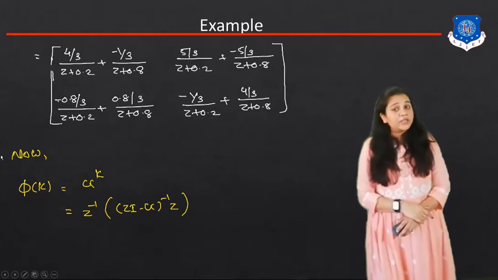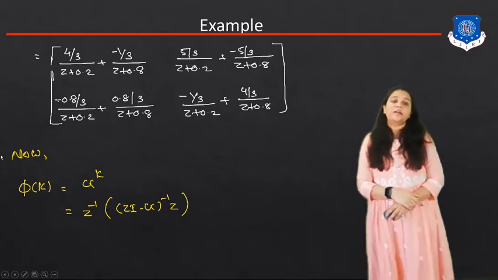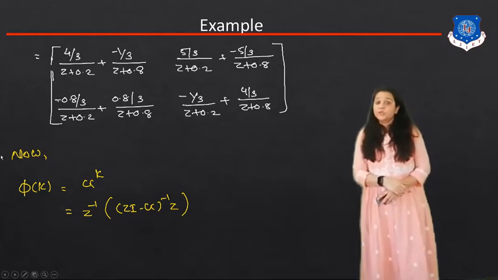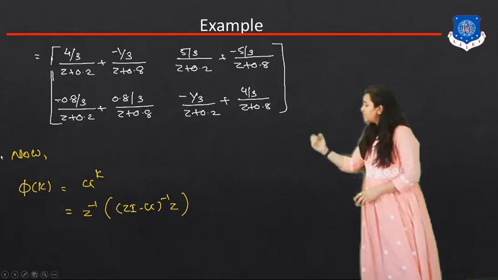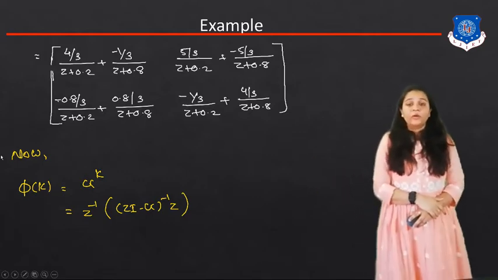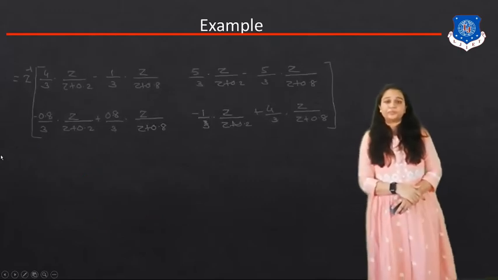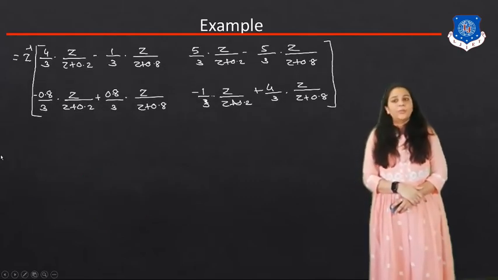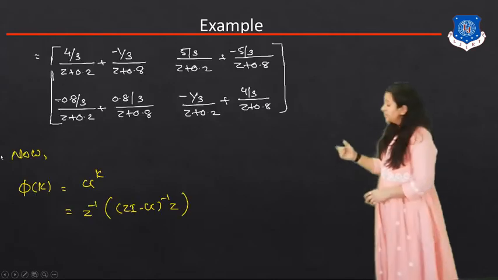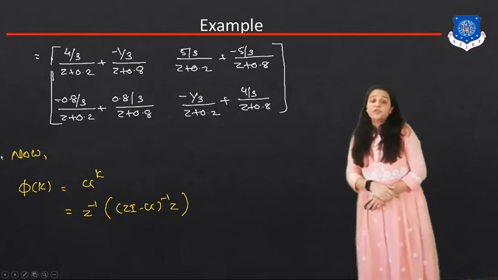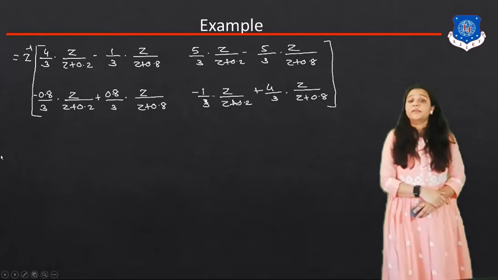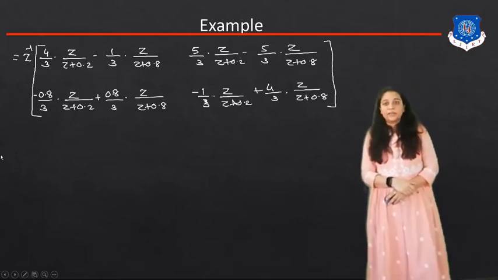Okay, so this is the equation to find the state transition matrix that we have to study in the theory portion. Okay, so put the value of ZI minus G inverse in this equation and then take the inverse Z. Here also you have to note it: ZI minus G inverse into Z. So we have to multiply this Z with each term. Okay, so we can get this type of matrix. Clear?